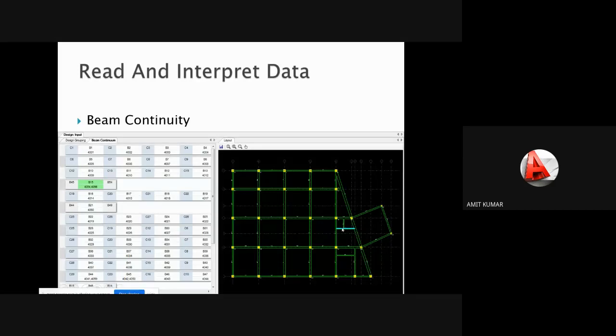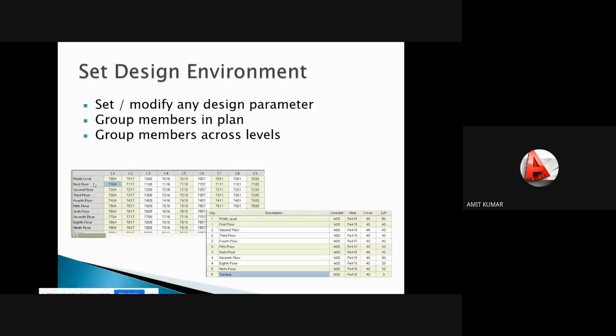Here you are seeing that this beam is created with two parts due to this beam, the horizontal beam here. So it will check the beam continuities, everything like this, and then create the groups.